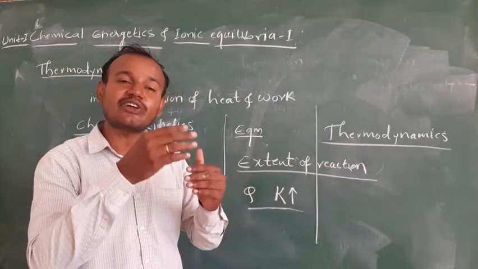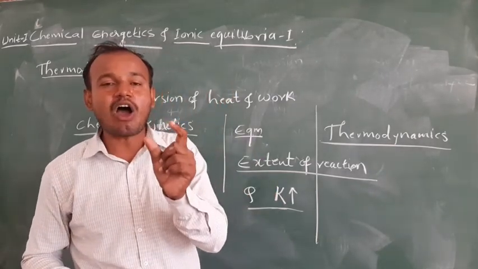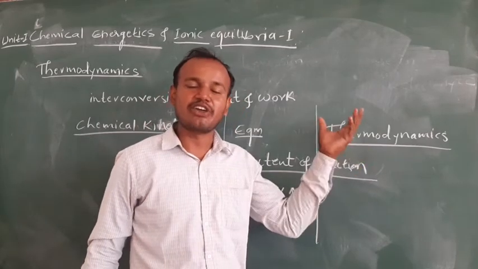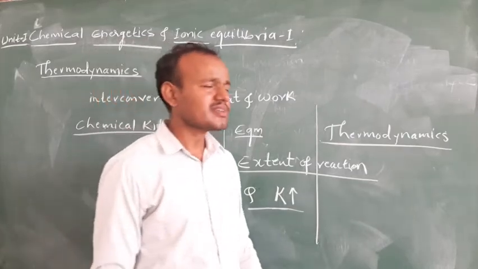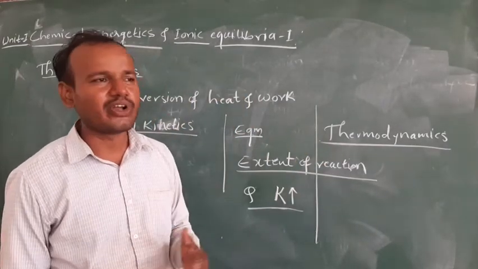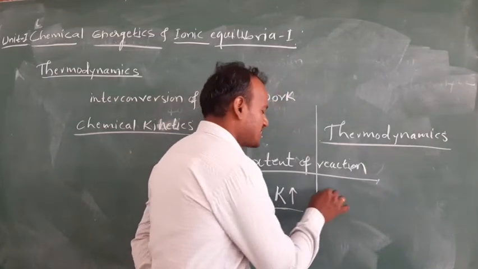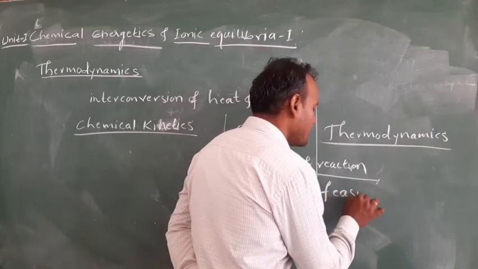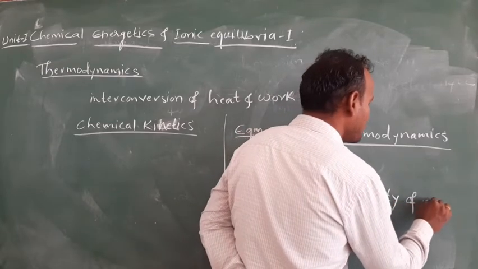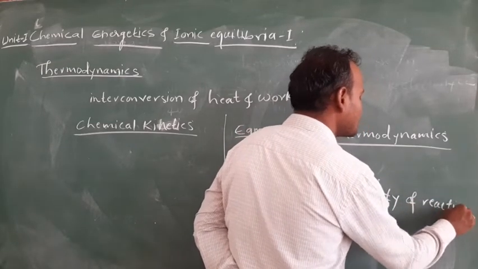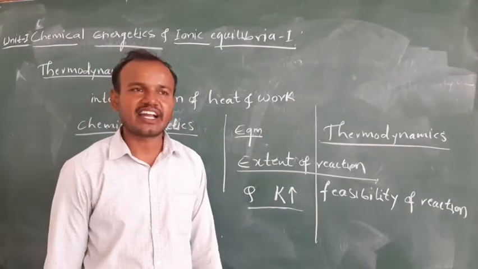Spontaneity means whether the reaction is going to occur or not occur. That answer is obtained from thermodynamics by using certain relations that will be studied later, using the Clausius-Clapeyron equation and the Gibbs-Helmholtz equation. So in thermodynamics, after studying this topic, you will come to know whether the reaction takes place on its own or whether it takes place in the presence of an external aid or external agency.